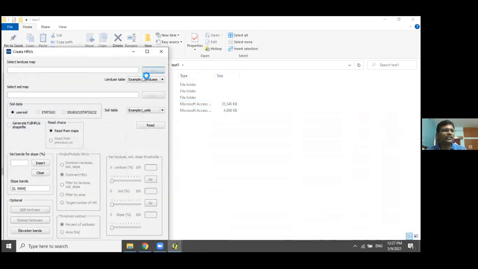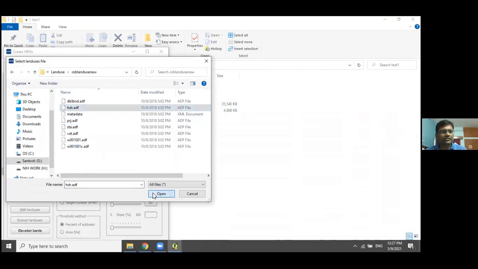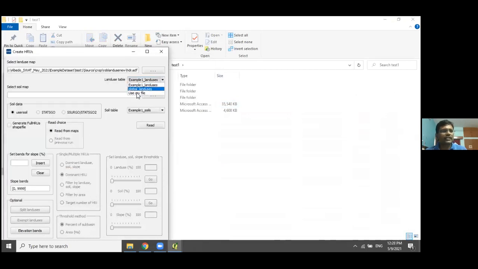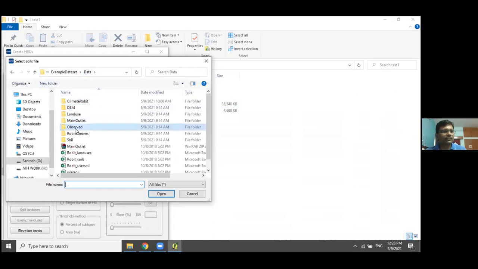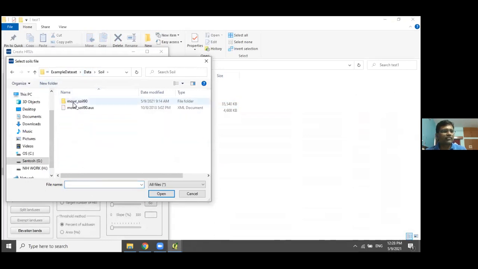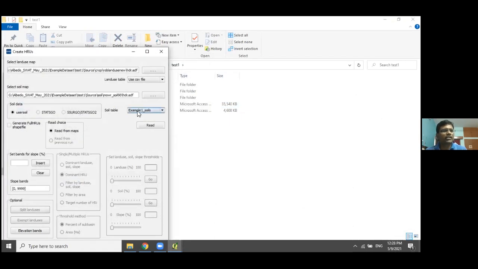So just take the land use map, land use, then create a CSV file, then again take the soil map. This is the soil information. Then click on use CSV file. Now you can define the slope classes like 5%, then 10%.